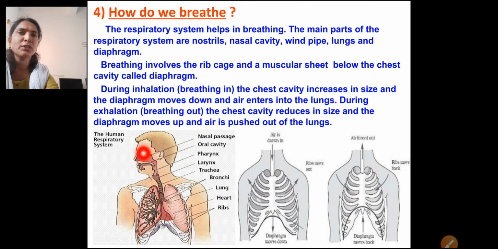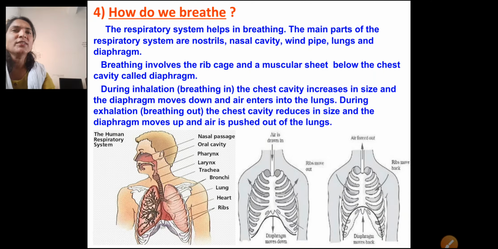If we see in this picture, this part is a nasal cavity, which is part of the respiratory system. From the nasal cavity the air goes inside the lungs. Here is the windpipe, which is very close to the esophagus, and from the windpipe the air will come into the lungs. So these are the lungs. In the lungs the air will come and this air will get transferred to all the parts of the body. Below the lungs there is a diaphragm. In the second diagram you can see the labeling of the diaphragm, which is at the bottom.